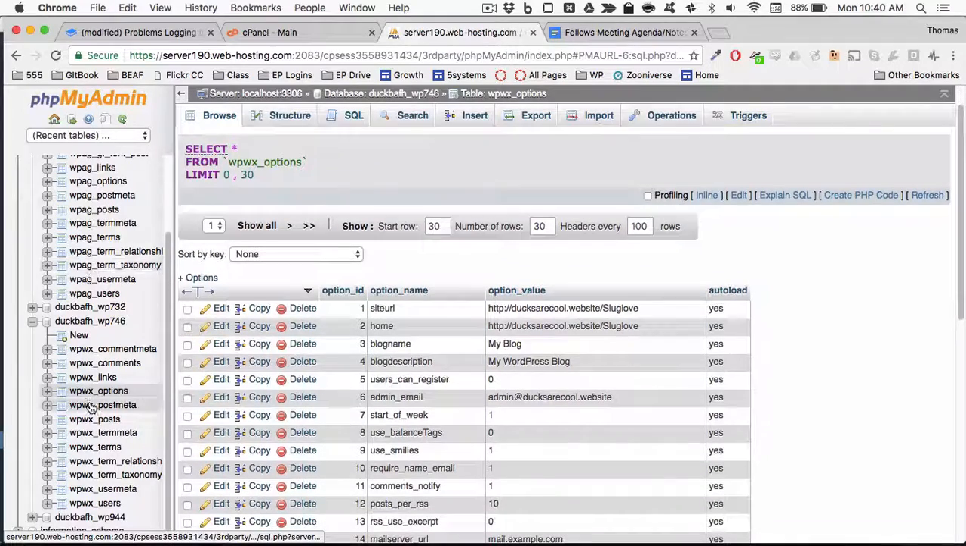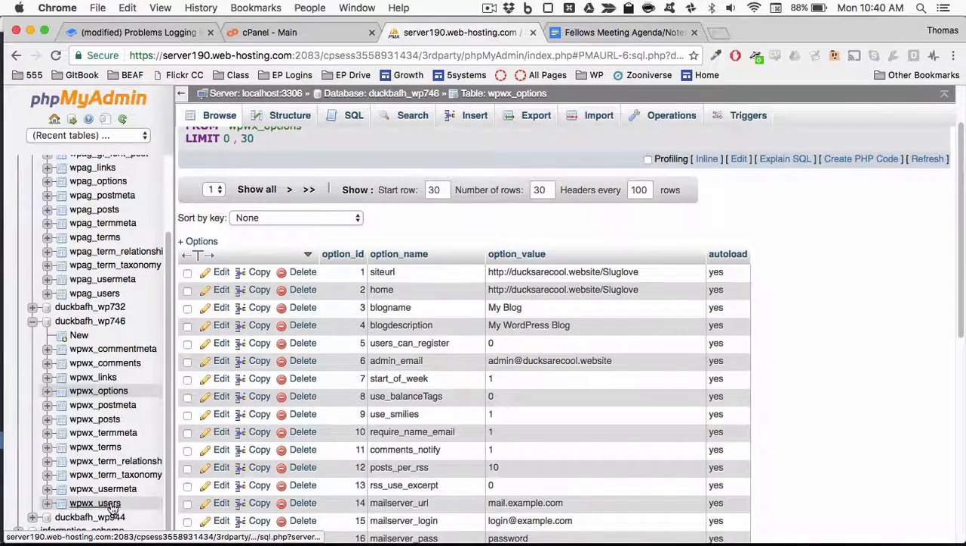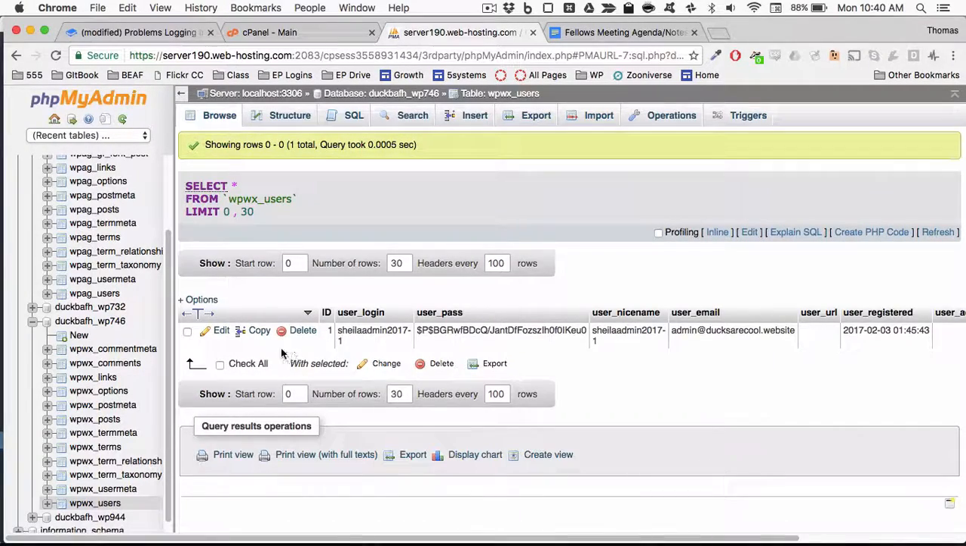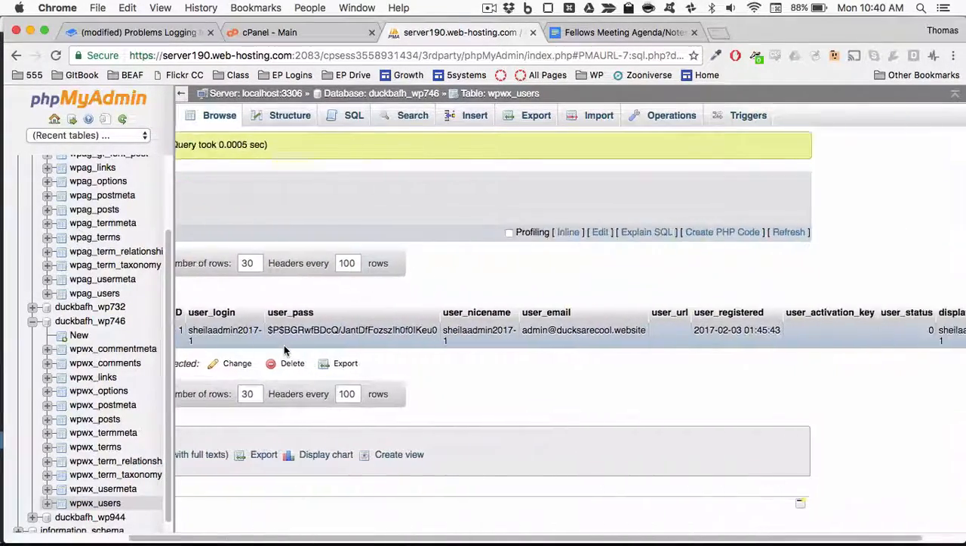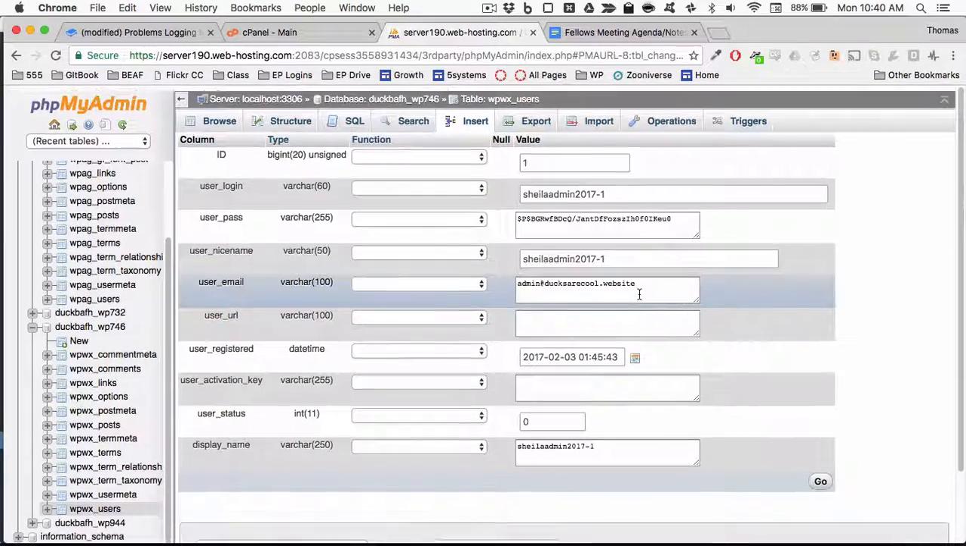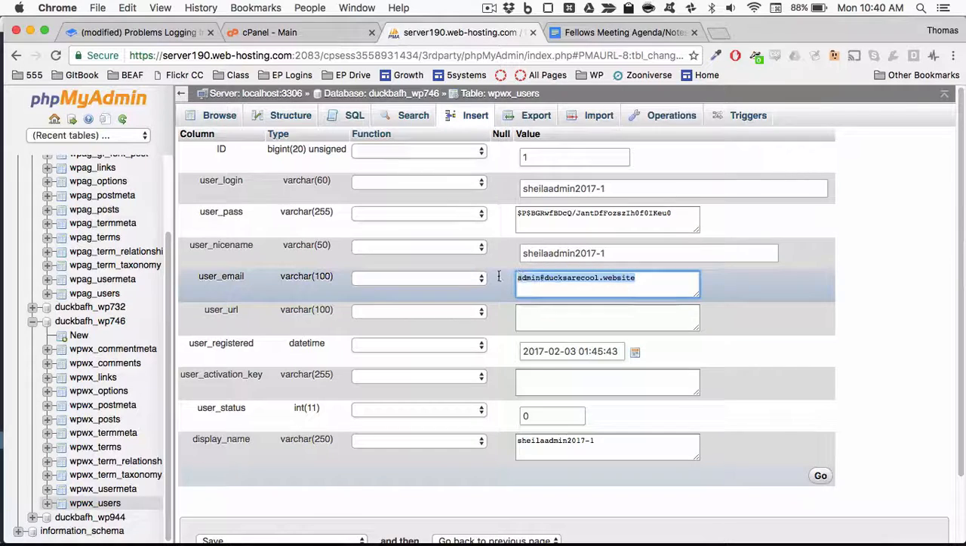So where do we want to be? The users table. As you can see, we only have one user on here right now. I'm going to edit it. And you can also notice that this is the default admin email that is put in place when you create a WordPress site. But when you're installing WordPress using Softaculous, you're supposed to change this to your own email address